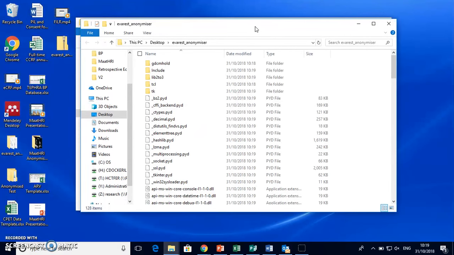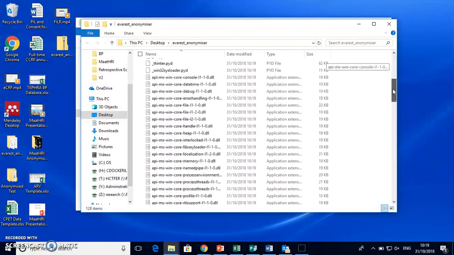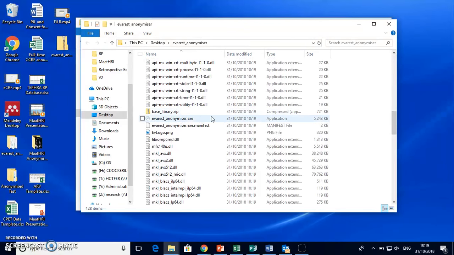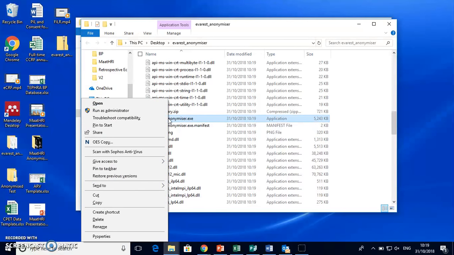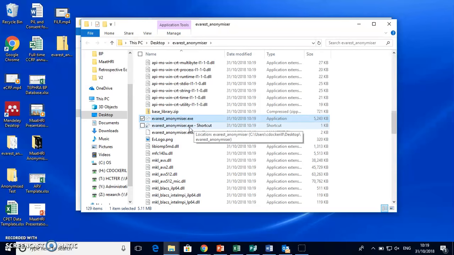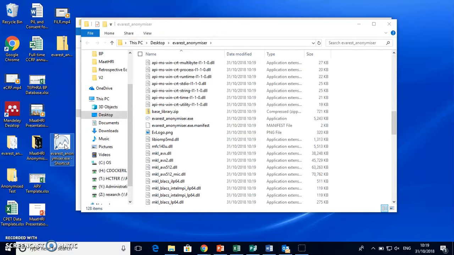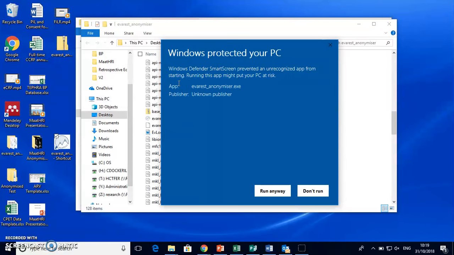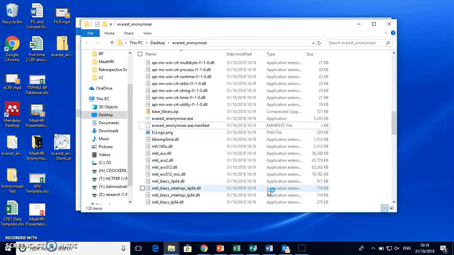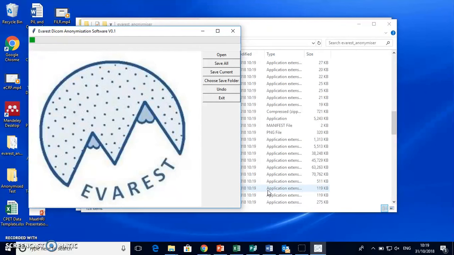Once this is complete, a new folder with the extracted files will pop up. Once again, scroll down to EVAREST Anonymizer, which is the complete version of the software. Right click and create a shortcut to your desktop. You can then click and drag this onto the desktop for easy access to the software. Then you can simply double click this icon to open up the EVAREST